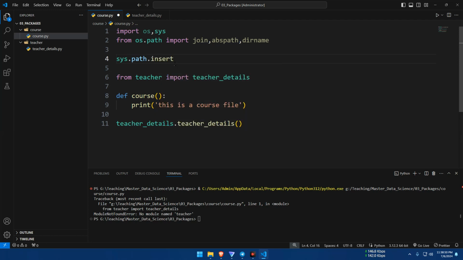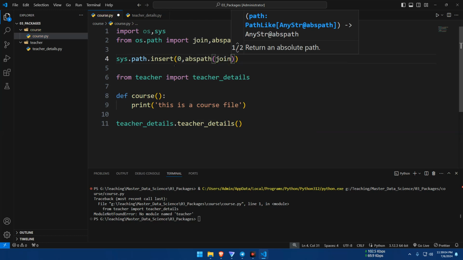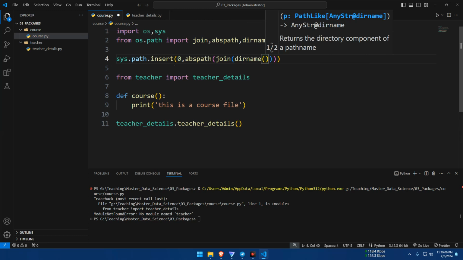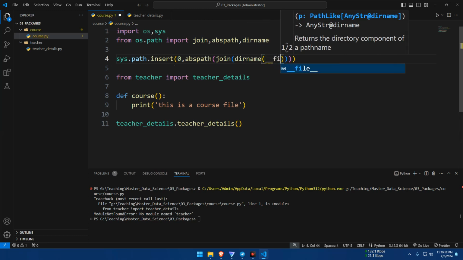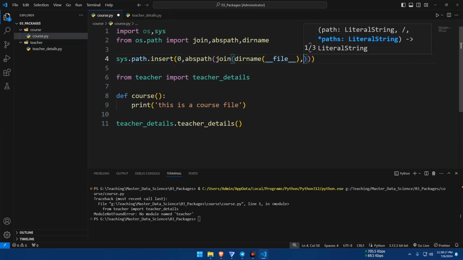insert, and then for what we are going to insert, first we have to give the index, so we are starting from the 0th index, and then absolute path, and then we are going to pass join, and for the join we are going to pass the directory name, and for the directory name we are going to use the special method __file__, and then comma separated, dot dot. So basically this will define the whole path,